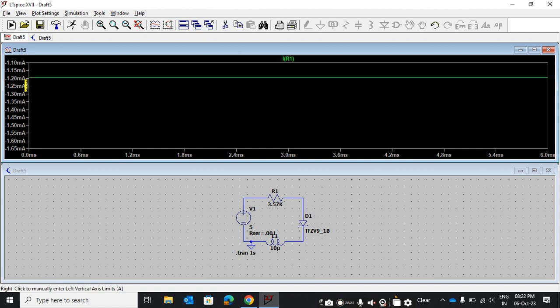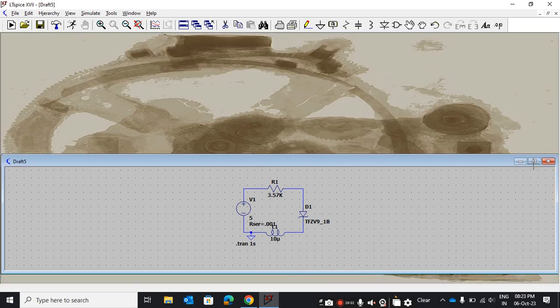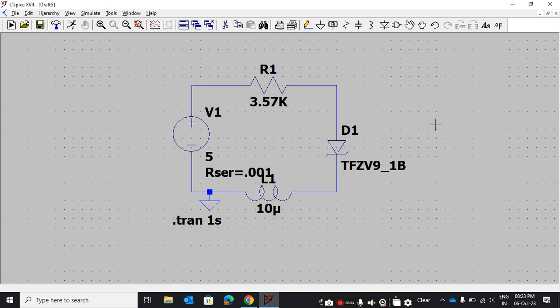So it is not 1.2 milliampere, it is more than 1.2 milliampere, you can see here. Okay, like this you can do. So this is the main simulation you require to simulate any circuit.